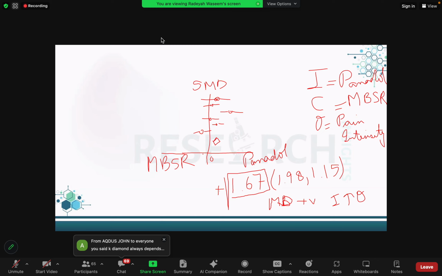So our outcome is pain intensity, right? This example is basically meant to exemplify that over here our control group is better, because the interventional group is significantly increasing pain intensity. That is why our control group is better. But your diamond will be on the side where the outcome is more, right? Yes, Amama. Others, do you get it?